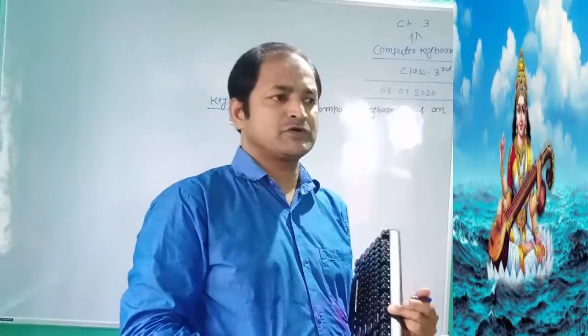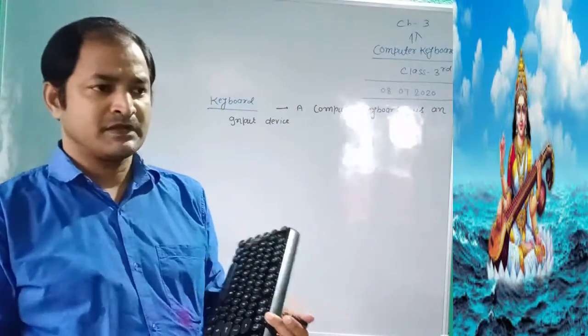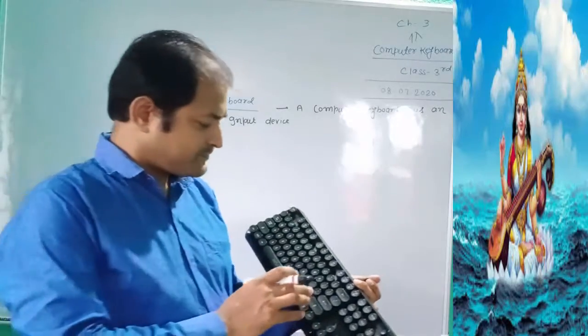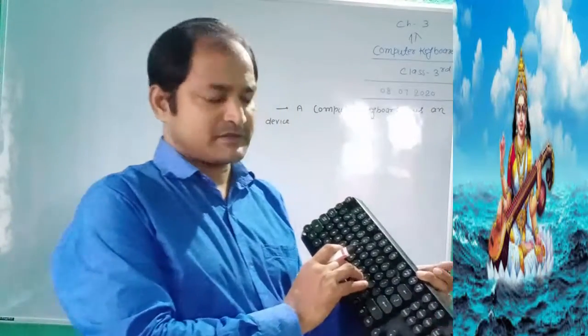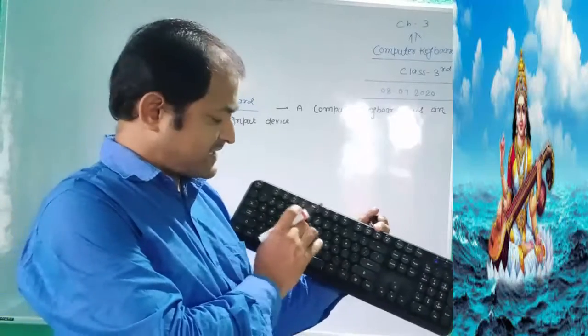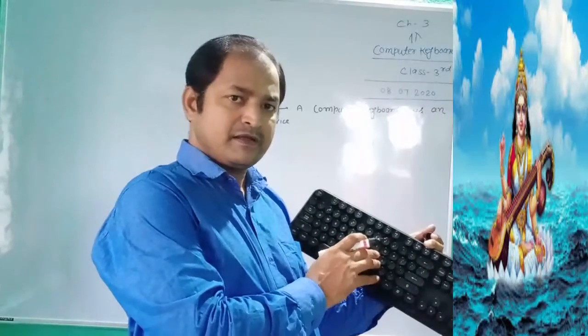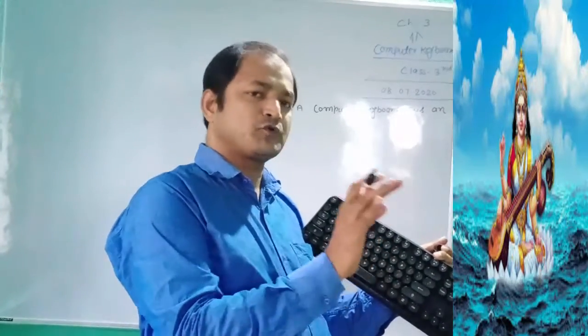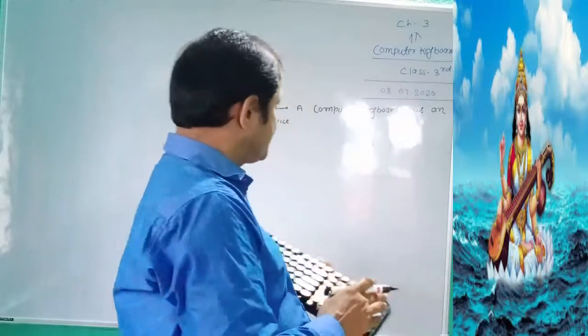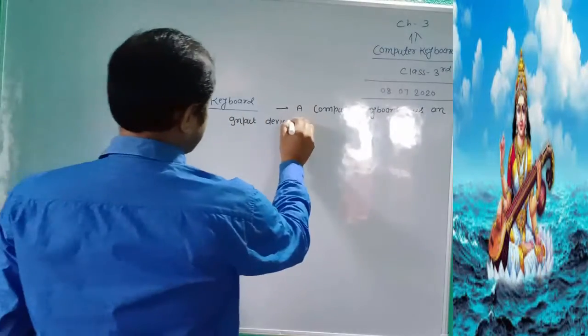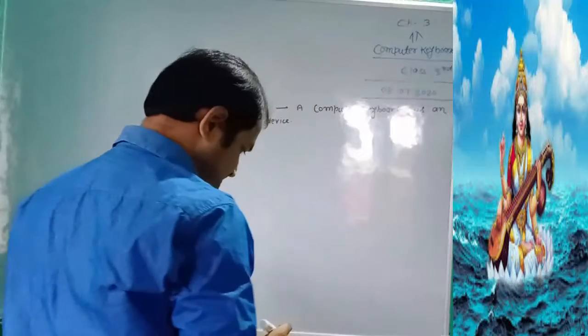Why is a computer keyboard an input device? Because when I press any type of key, the data is automatically put into the computer. So a computer keyboard is an input device